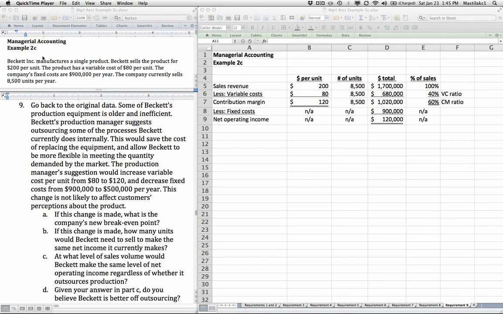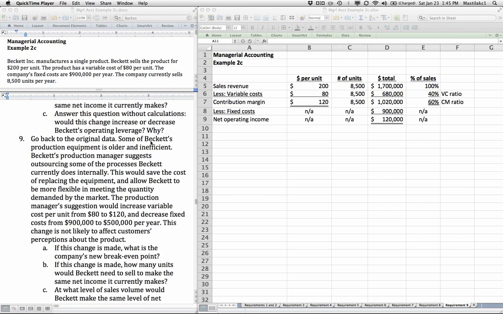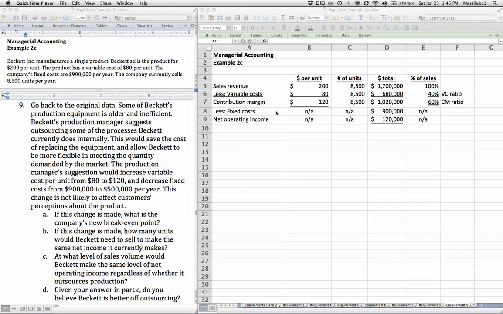Continuing example 2C. Requirement 9. Go back to the original data. So we're going to ignore the potential change in marketing and go back to original data. Some of Beckett's production equipment is older and inefficient. Beckett's production manager suggests outsourcing some of the processes Beckett currently does internally. This would save the cost of replacing the equipment and allow Beckett to be more flexible in meeting the quantity demanded by the market. The production manager's suggestion would increase variable cost per unit from $80 to $120 because we're